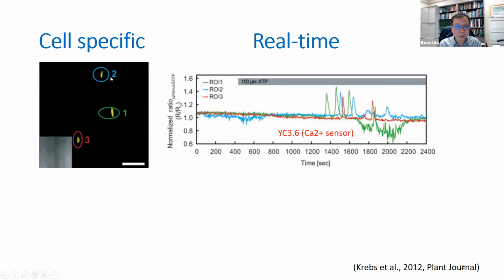For example, here we can look at the nucleus of 3 cells that express the calcium sensor. And then this is the time. When ADP was added, at about 10 minutes, we can see an increase of calcium in these 3 nuclei at different durations or different time points. So you can see that the advantage of using these sensors is that they are cell-specific, organelle-specific, and real-time, and so they can offer us a lot of advantages in plant measurement.